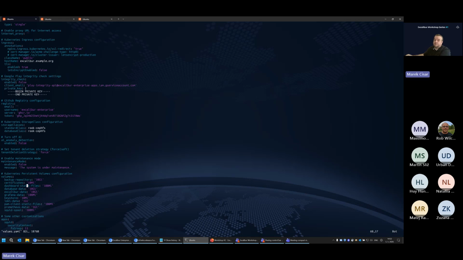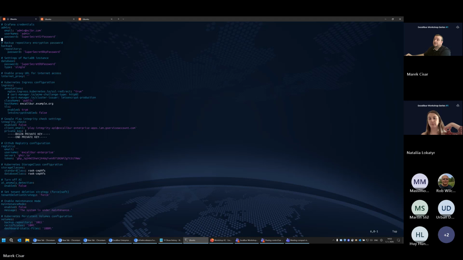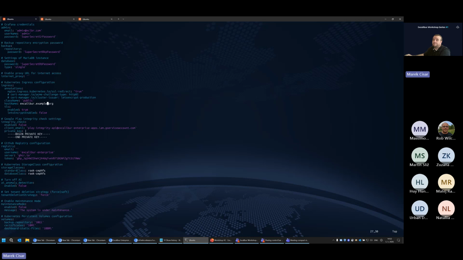So it is more or less the same as I showed to you in the presentation. Again, we are talking about the hostname excalibur.example.org. So if the installation is successful, we can later check in the web browser if Excalibur is running, if it is accessible for further configuration.